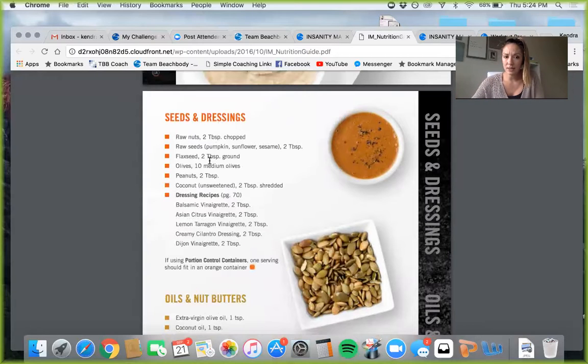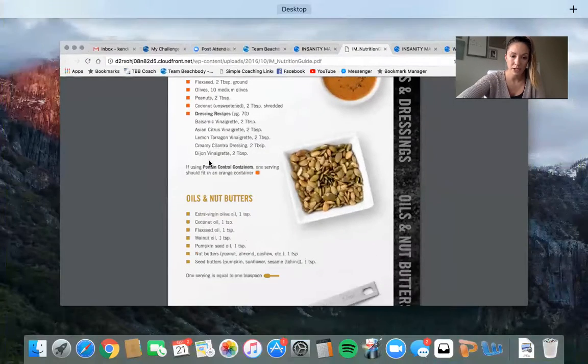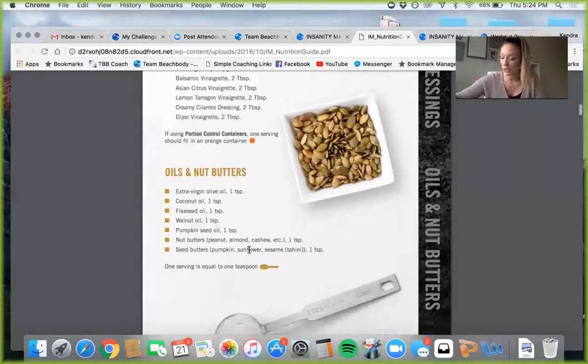So seeds and dressings, I normally do coconut and, kind of only do coconut and dressing, I guess. And then nuts and butters. The nuts and butters. I do almond butter. And coconut oil. Okay, so now that I have all that written down,